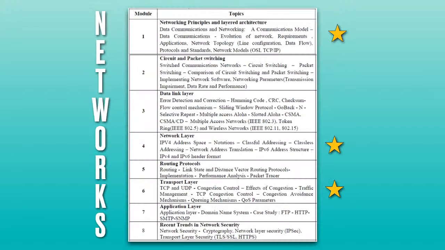Next, moving on, we have networks. And when it comes to networks, you're basically going to see these in MCQs. So be really strong with the 7 layers of the OSI model. And you need to know what each layer does. That is going to be the most important thing when it comes to networks. At the same time, the protocols as well. Such as in the transport layer, you have the TCP protocol and the UDP protocol. In the application layer, you have the FTP protocol and the HTTP protocol.